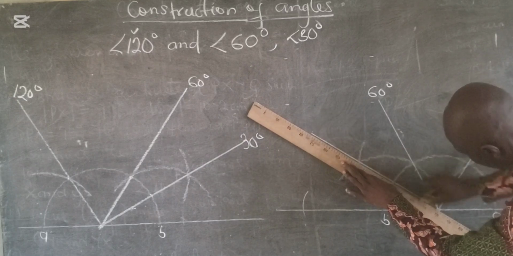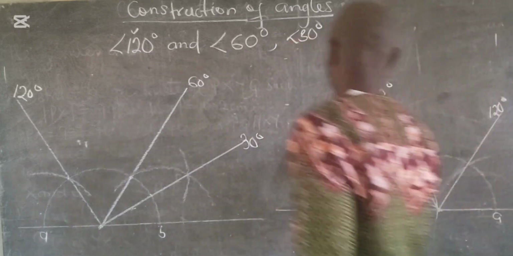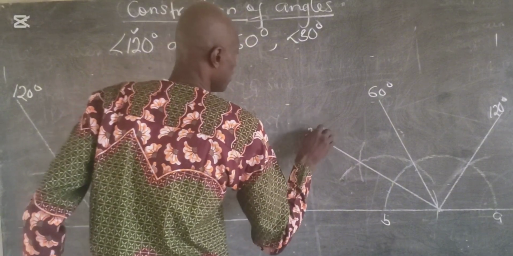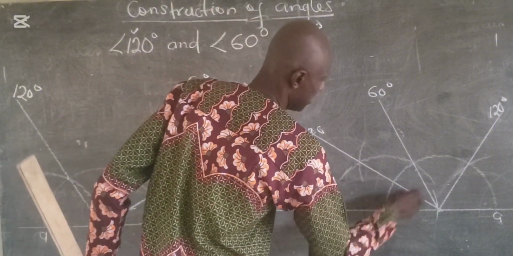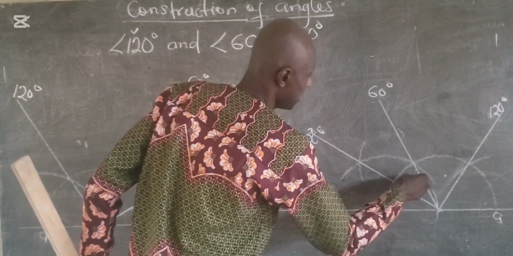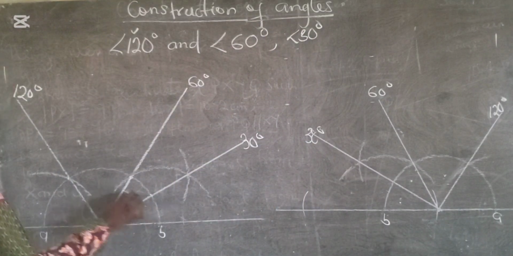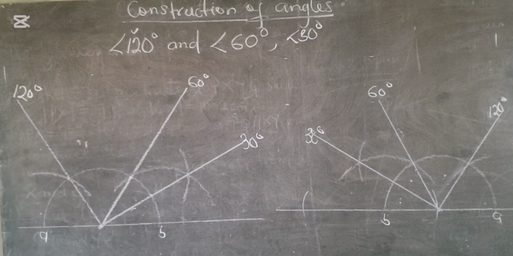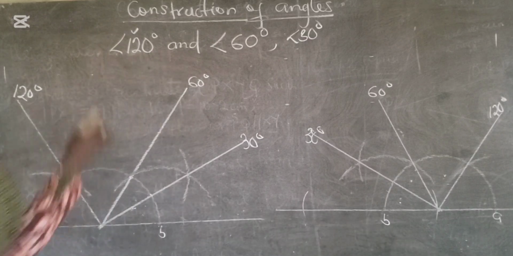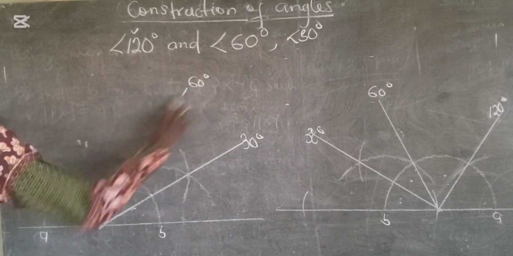Draw a straight line. This angle is 30 degrees. Look at here: 30, 60, 120. So this is how we can construct angle 120, angle 60, and angle 30 degree. So let us talk about how we can now construct